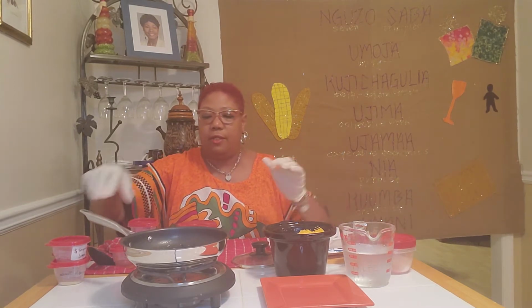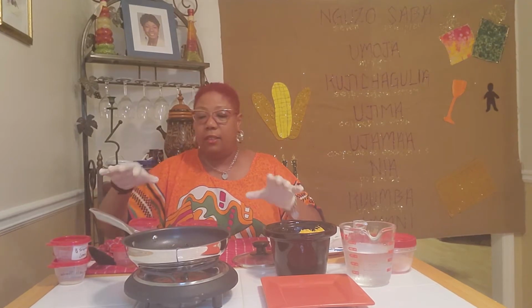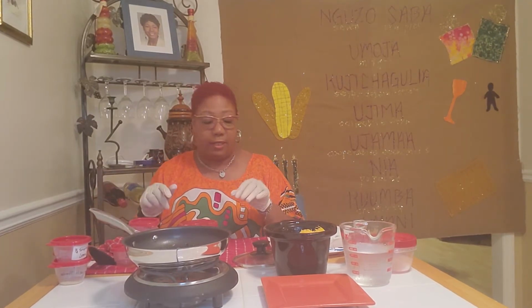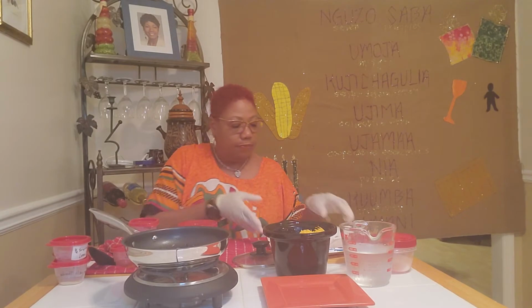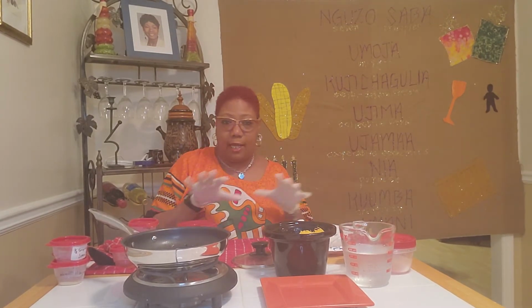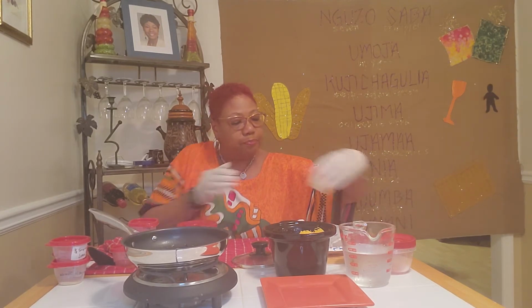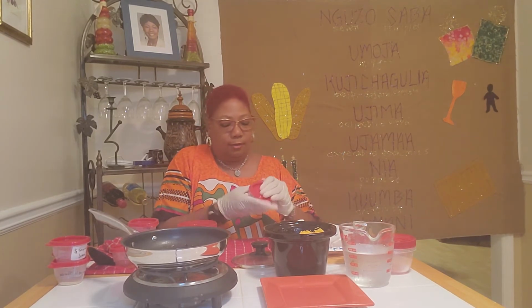And over here that I have cooking, I have my onions that I'm already letting saute in the bacon grease. I did 6 strips of bacon that I'm going to top off on the shrimp. I'm going to add in